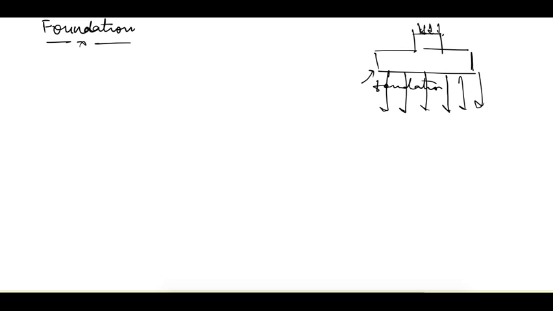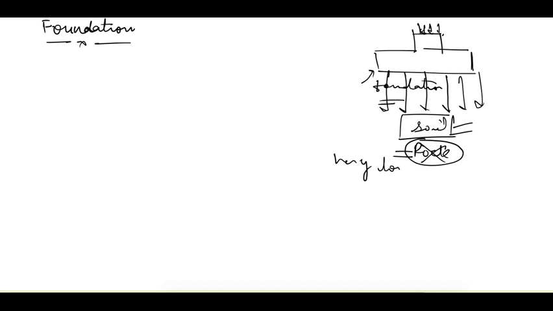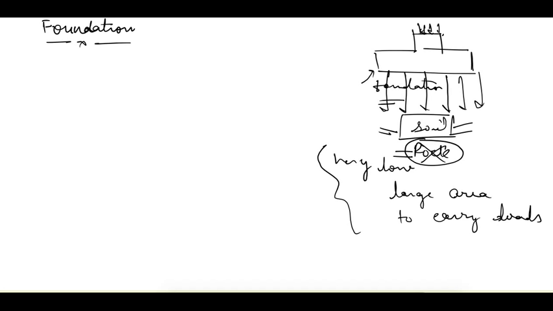Now this earth can be of two things. It can be of soil and it can be of rock. Rock is a very rare thing, so we are not concerned about that here. We are concerned about the soil because its capacity to carry this load is very low. It means it requires large area to carry these loads. So we need to better understand the behavior of the soil. How is it going to work after we place our foundation? So for that, this unit is here.